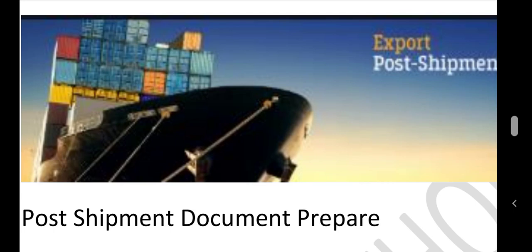Once our shipment has sailed on the ship, the shipping line generates the document called bill of lading. In case of an airline, it's called an airway bill. These are the documents given by the shipping line or airline.